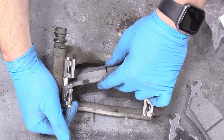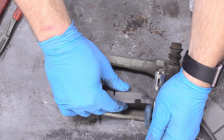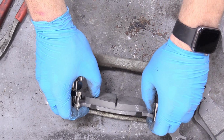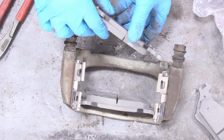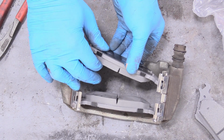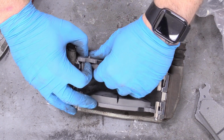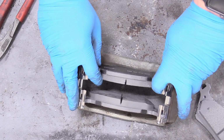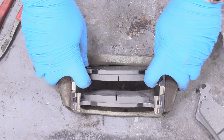Sometimes it's easier just to put one side in, lift the ear up, and then slide it into place like that, and then just slide it outward. Oh, it looks like you can slide it from the outside too. Okay, that works as well. Sometimes you can do that, sometimes you can't. But it looks like you can just do it from the outside as well. Yeah, you can. Okay, cool. I thought there might be a tang or something preventing that, but nope. And then we just want to leave it in this position right here, and this portion is ready to go